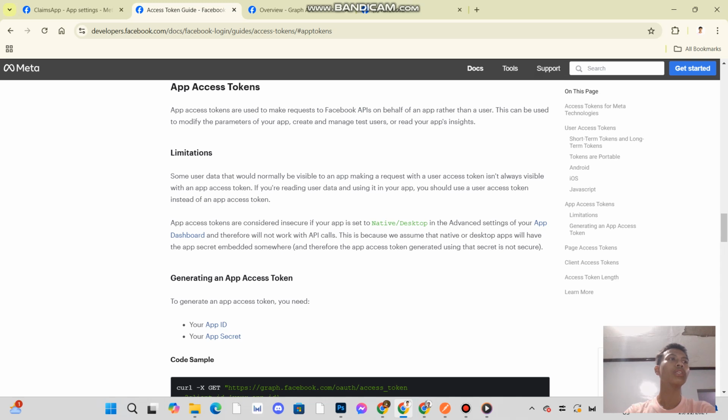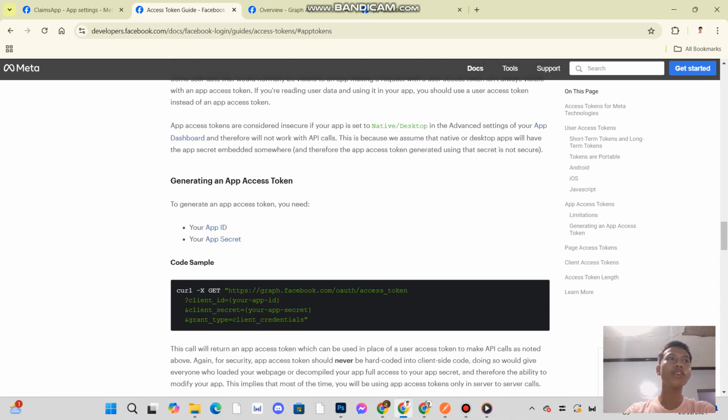Also, we need to use the app ID and the app secret, and if we scroll down, we find the CURL example, and this is the URL which we are going to use. The URL is going to be the auth access token with three query strings consisting of the client ID, client secret, and the grant type. And we go to Postman